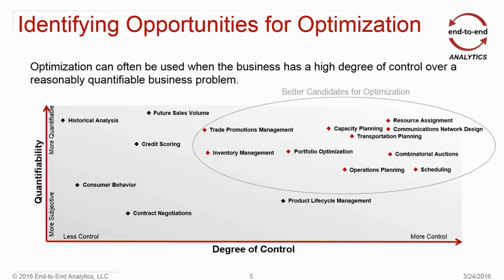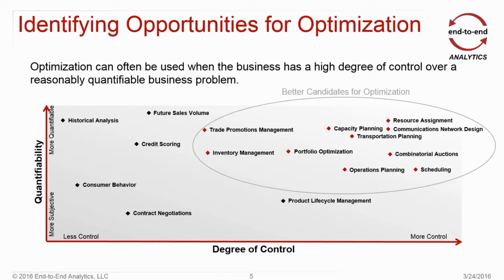The first one is the degree of control you have over the business process. There are some business processes where you don't have a lot of control. So for example, if you're trying to understand what your customer behavior is, there are ways you can influence it, but you don't have necessarily control over what any particular customer is going to do. Conversely, if I look at scheduling a plant or a factory, that's a process where you have a reasonably high degree of control. Now, you might have issues that come up in the factory where something runs off schedule, equipment can break down, but all that aside, for the most part, it's a process where you have a large amount of control, and that you often find within business operations.